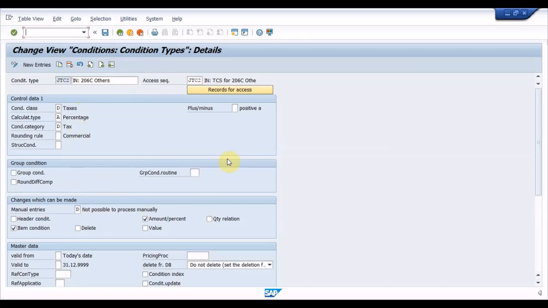Later, you need to change the access sequences you have created for these condition types.